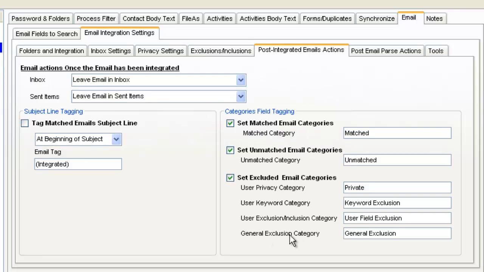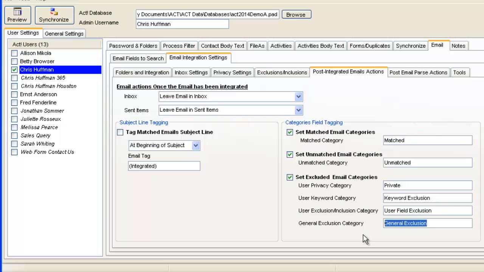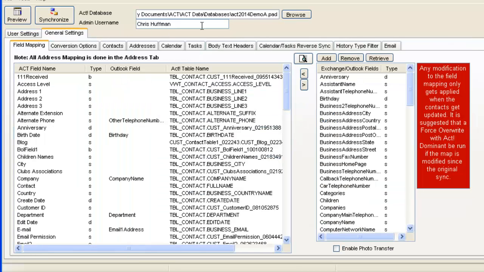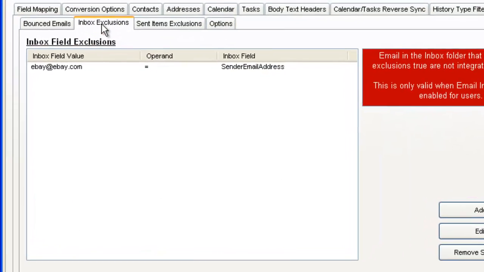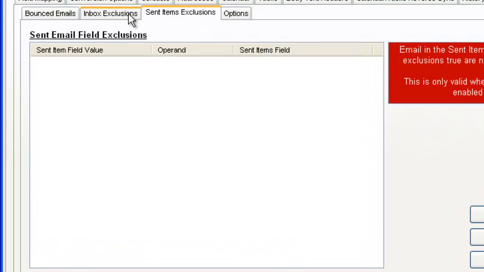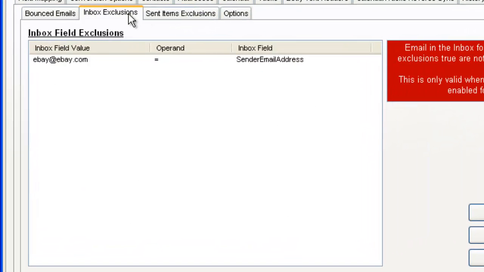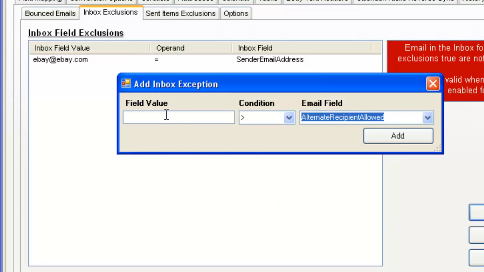And finally, the general exclusion category, very common in a lot of configurations. We tag it that it's coming from the general settings. The general exclusion category is from the general settings. You go to email, and if you look here, there's an inbox and a sent items exclusion. So you can set up the rules that you want. You can add a rule here and say if